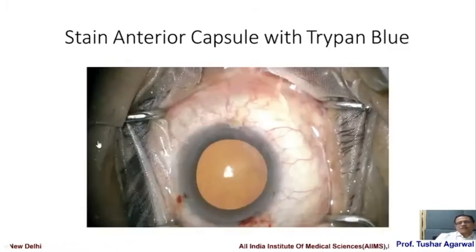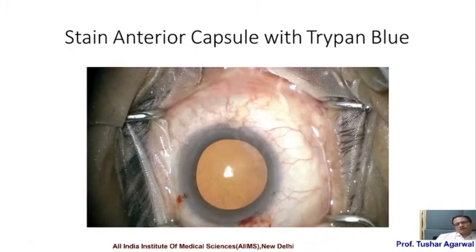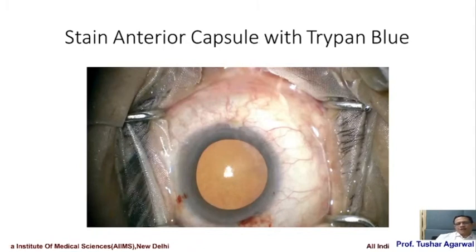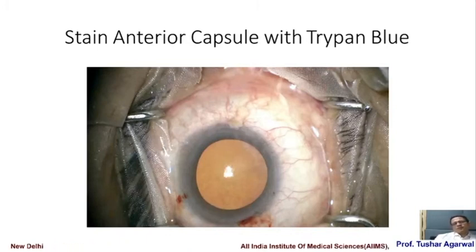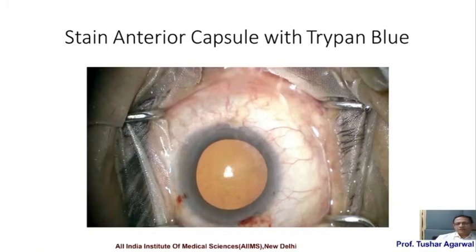Of course, you do need a needle to begin the rhexis, but the first step is to stain the anterior capsule with trypan blue. Now, in the early 2000s, when trypan blue was first introduced, the primary indication was for staining and visualization of capsule in white cataracts. However, soon people realized that there are other advantages than just doing the rhexis. If you stain your capsule well with trypan blue, then not only does the capsular flap get visualized better during rhexis, but it also helps you in identifying the margin when you are chopping the nucleus. It prevents inadvertent cutting of the capsular excess edge with the chopper.